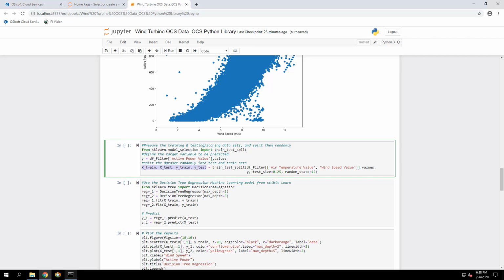So xtrain will include all the air temperature and wind speeds in the training data set. The xtest will include all the air temperature and wind speeds in the scoring data set. And similarly for ytrain and ytest. So ytrain will include the active power values in the training data set, and ytest will include the active power values in the testing data set. So it's gonna divide the data set this way.